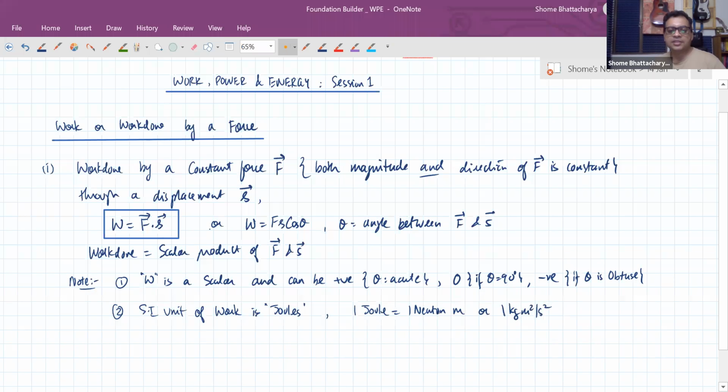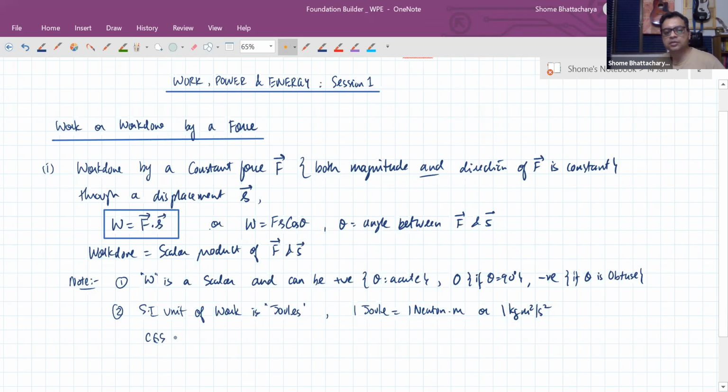You can understand the dimensionality of the units from the equation Fs cos theta. F will have the unit of Newton, S will have the unit of meters, whereas cos theta is a dimensionless quantity. It's a unitless quantity, just a mathematical ratio. Hence, the unit in the SI system, 1 Joule, will be equivalent to 1 unit of force multiplied by 1 unit of displacement, whereas in the CGS system,